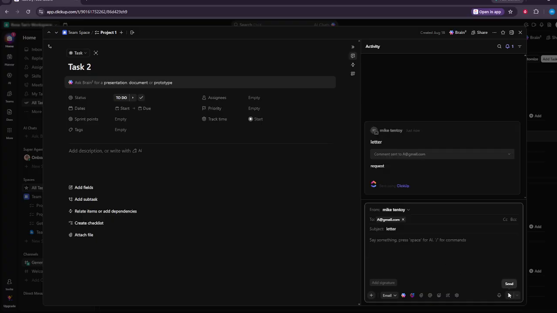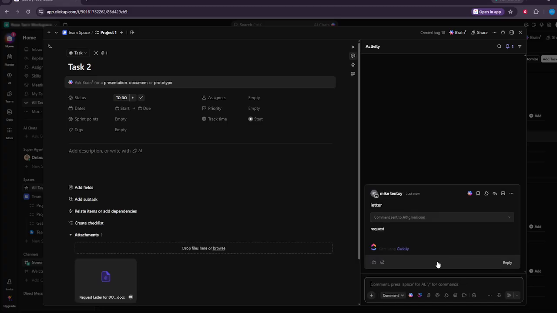And that's it. You've successfully sent an email directly from a ClickUp task, helping you save time and keep communication